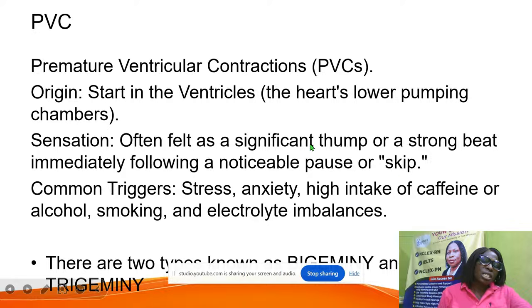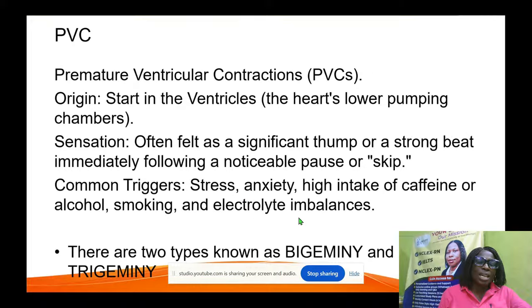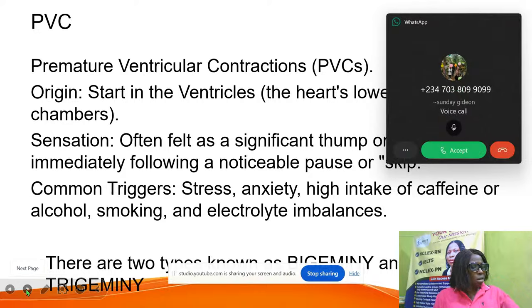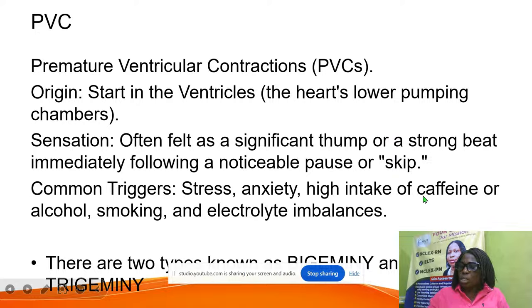But this one is why NCLEX will look at it more. Smoking and electrolyte imbalance. Because of the smoking and the electrolyte imbalance, NCLEX will look at it the more. Now, there are two types of them, either bigeminy or trigeminy, just like I've explained. Before I show you the diagram,